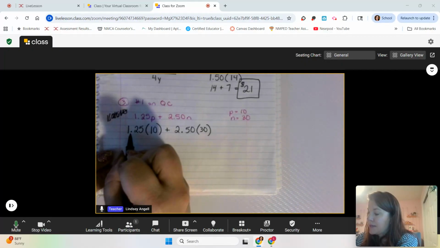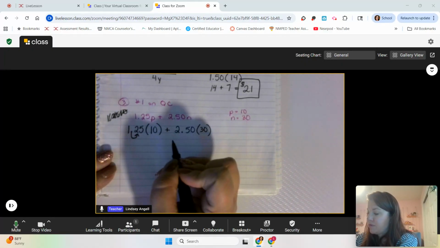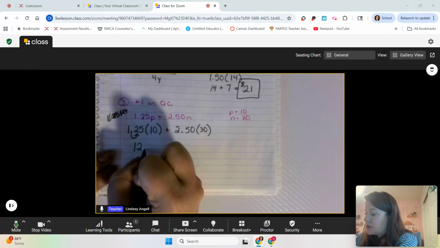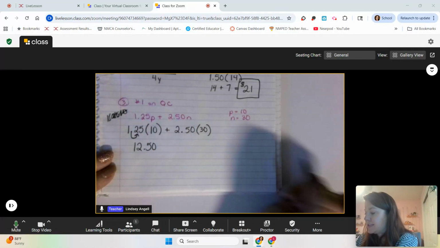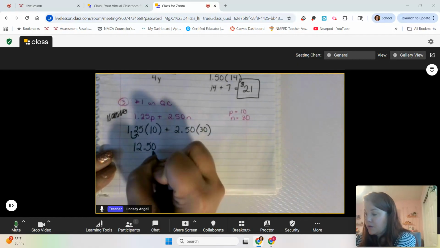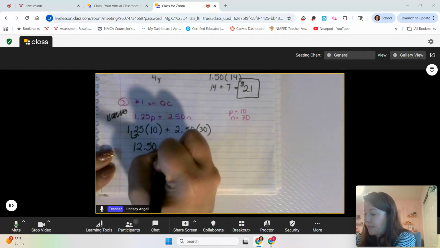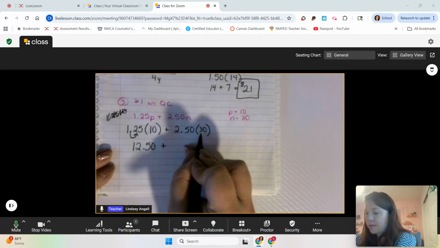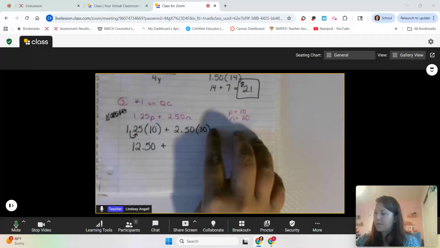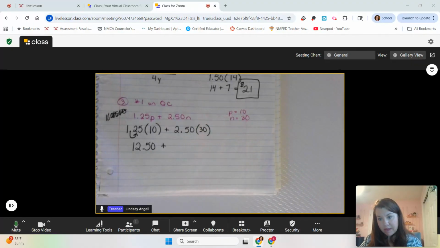All right, multiplying by 10, all that means is that I have to move my decimal 1 spot over to the right, giving me $12.50. I'm going to write it like that because I'm still talking about money, right? So I need to go to my hundredths place. Then this one, it might be a little tougher, right? It's still a multiple of 10, so I know I can move my decimal over 1 spot to the right, but then I do need to do